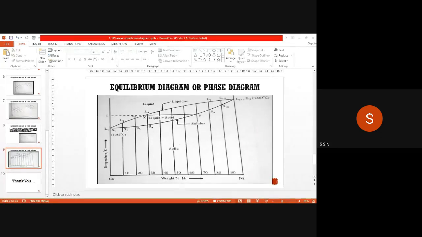If there is any query, then also ask. First we have seen the cooling curves, cooling curves for different materials, pure metal as well as alloy, and now we have seen how to draw the phase diagram or equilibrium diagram from that cooling curve, and we have found, at different temperatures and different compositions, what the phases will be. And this is an important aspect of studying the properties of material. Understood this?